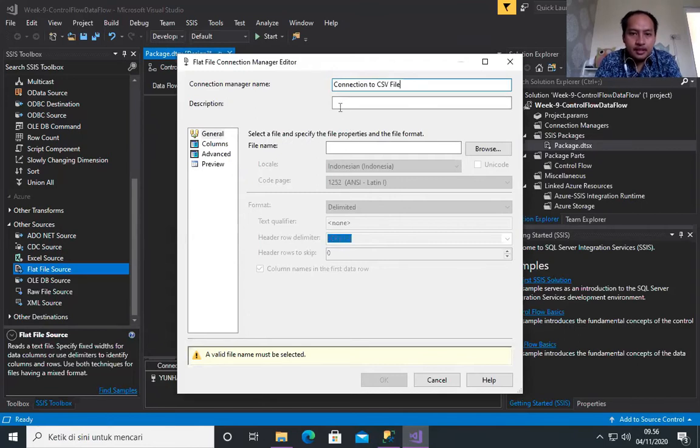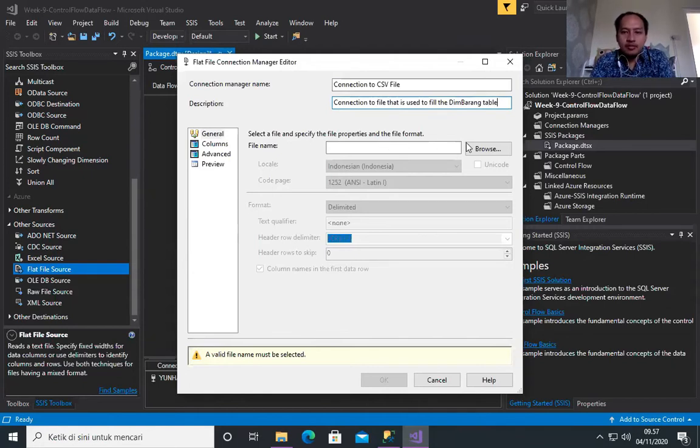And then you can put a description here if you wish, or you may leave it empty. It's up to you. But it is best practice to put a description to make it easier to edit the task later on. So I will put the description here, for example, like this.